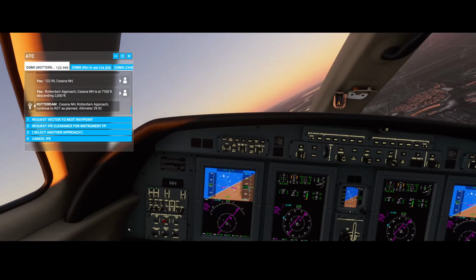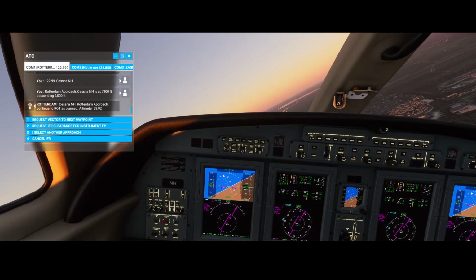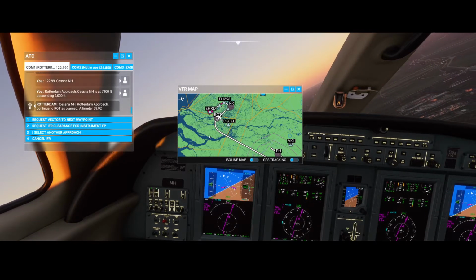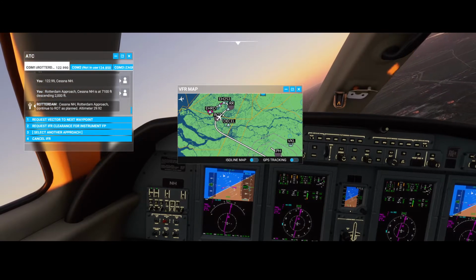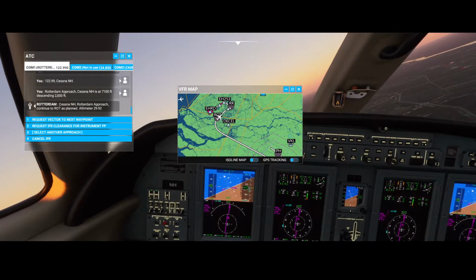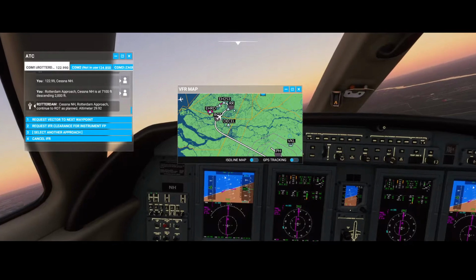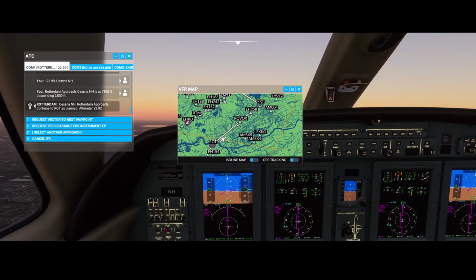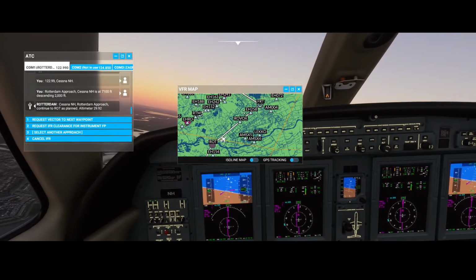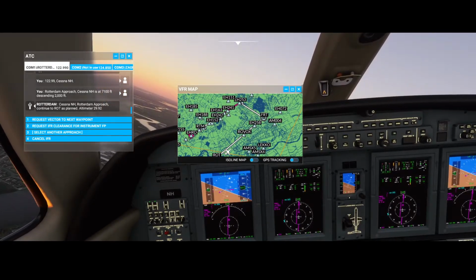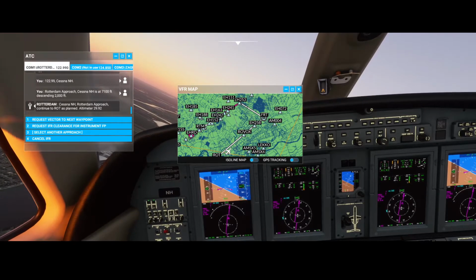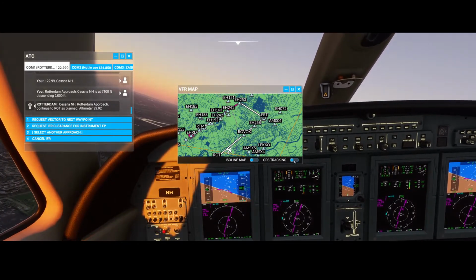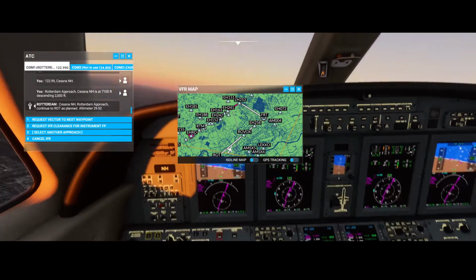So let's go inside the airplane now, because we need to concentrate on this. So if we open the VFR map, right, you can see we're making the right turn to RR, and then we're gonna go to the other waypoints, and then finally we're going to Echo Hotel 253. And that information can also be found in the